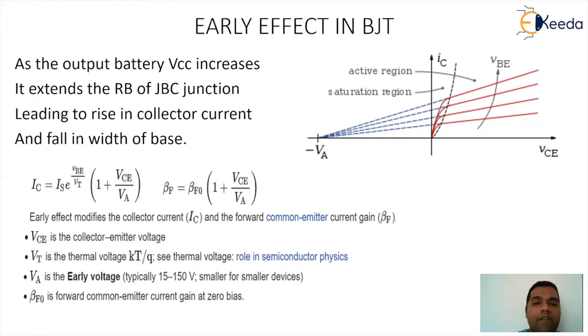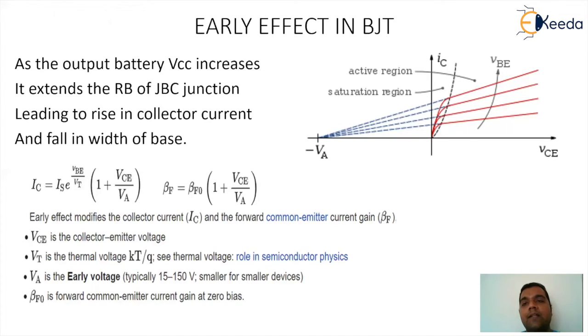Now, whenever we talk about the rise in the reverse biasing of a particular junction, since the barrier width keeps on rising, the region of the base will keep on decreasing. Now, what do you mean by this statement? Very simple understanding. We have the base and we have the collector. Whenever we talk about an NPN transistor, the base is basically a P region and the collector is basically an N region, and we have a barrier between the base and the collector.